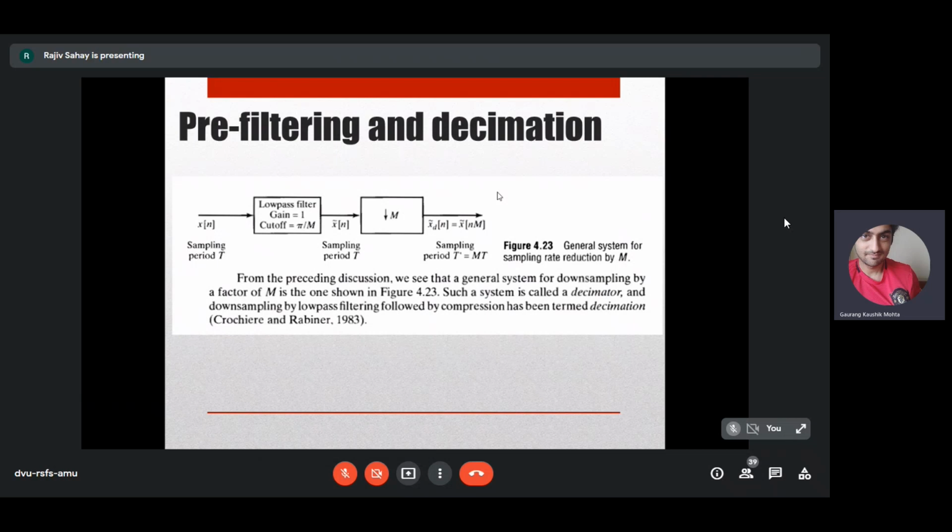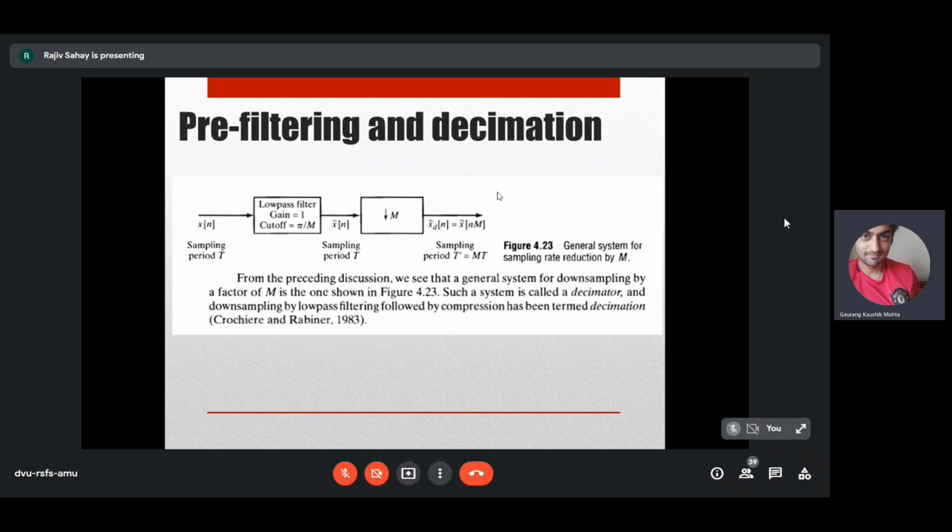The reverse of this is called interpolation, which we will study in the next class. That is troublesome because there you have to invent information. Here you are throwing away information. If you have a 500 point signal, you get a 250 point signal. You are retaining 250 points from the original signal and throwing away 250 points. So you are not doing so much damage to the original signal. You are just throwing away some part of the signal. So the fidelity of the signal is well preserved.